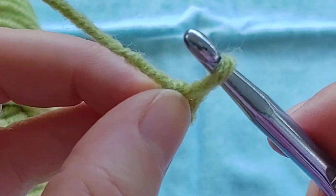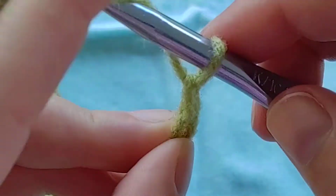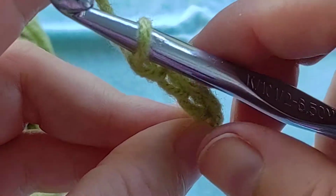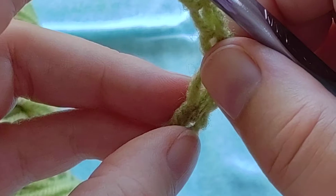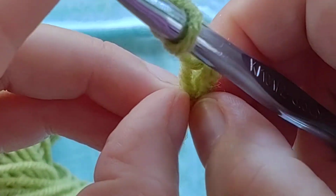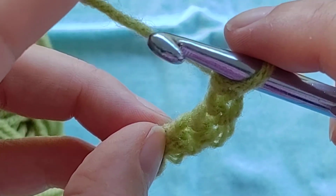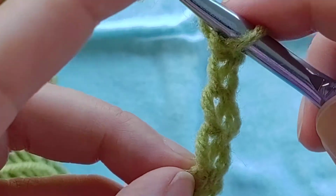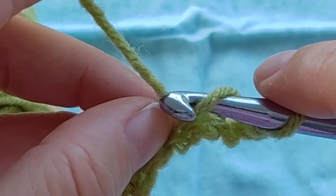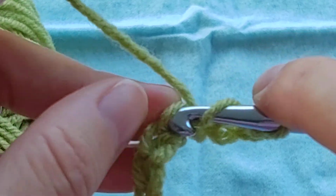So I hold the last loop in my hand and then I do 3. 1, 2, 3. You're just chaining on 3. Then I have that loop where that is, and I go over to the next one. The first row is always a little, it's not harder, but until you get used to working with this, it's a little bit more tricky, I think. Okay, then you wrap the yarn around there. You go into the next loop,